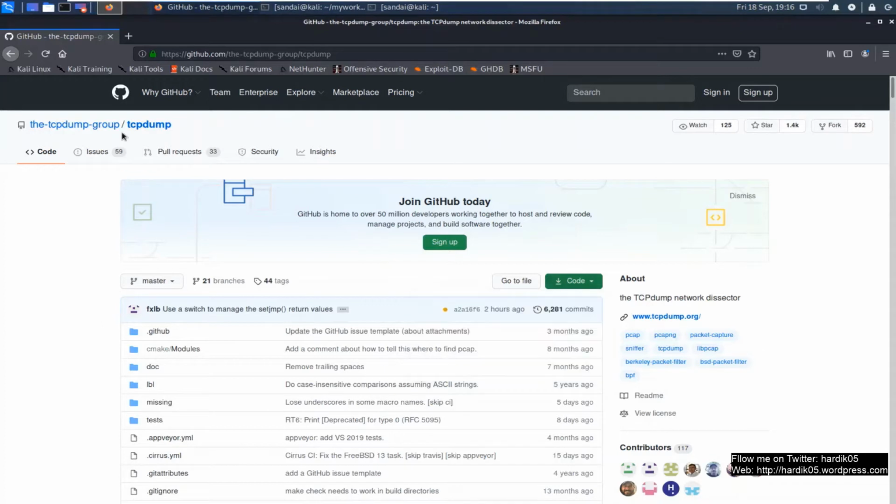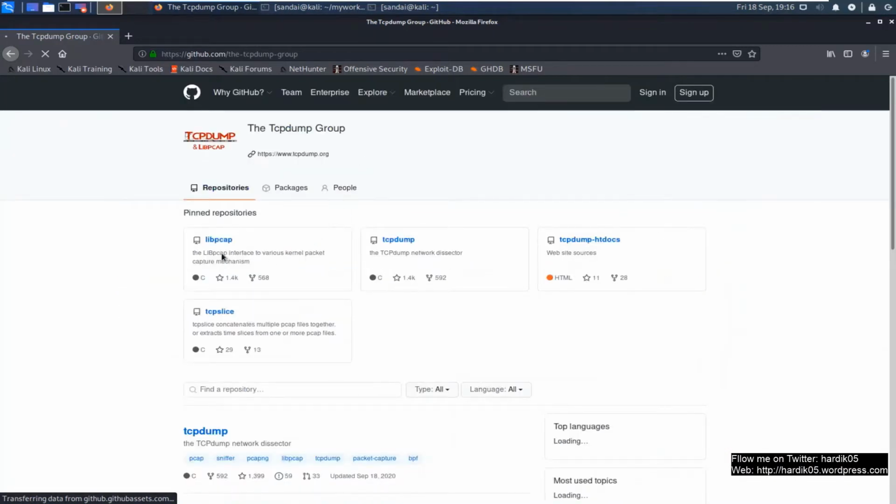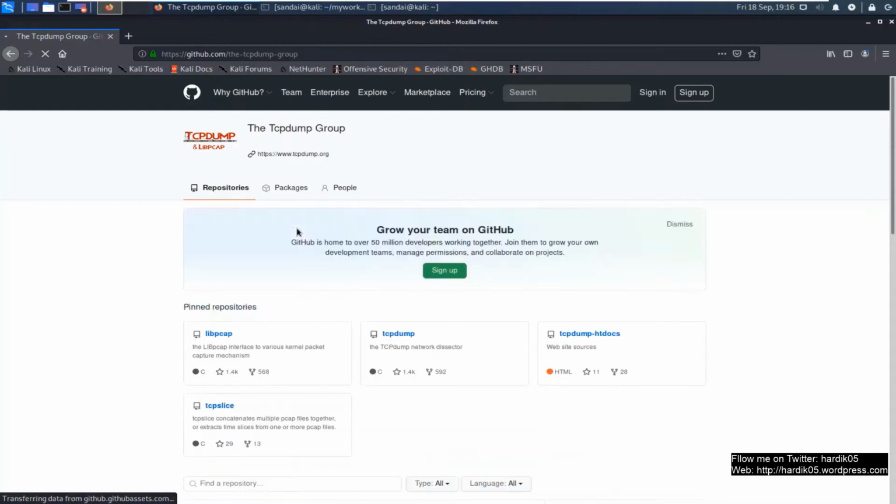If you go to the same site, the tcpdump group GitHub repo, you can see that there is a repo for libpcap as well. So we can simply clone that and we can install that, and then we can see if it is working or not. So if you can see it over here, libpcap. Let's git clone it, and then we will install, and we'll see if we are able to compile tcpdump with that.